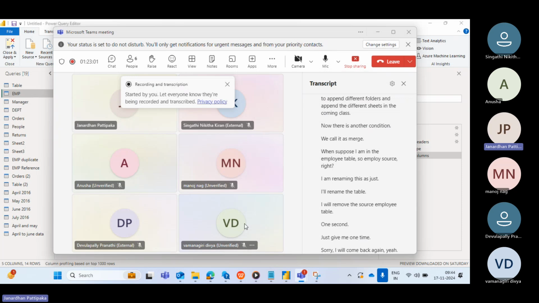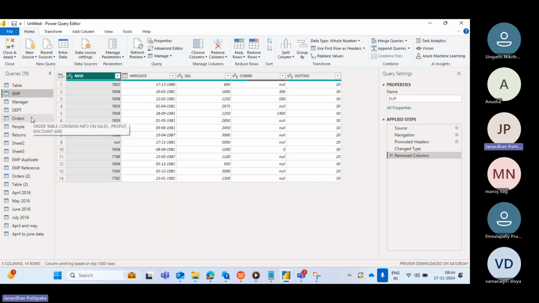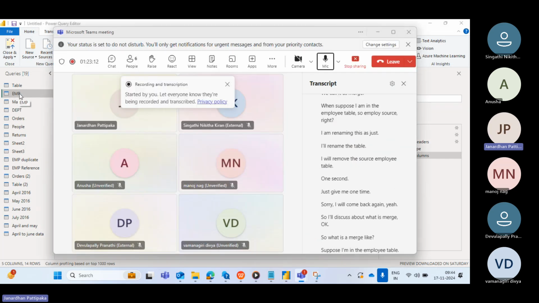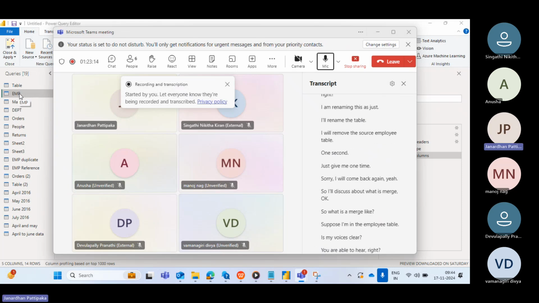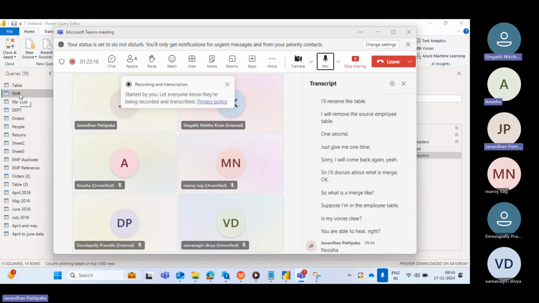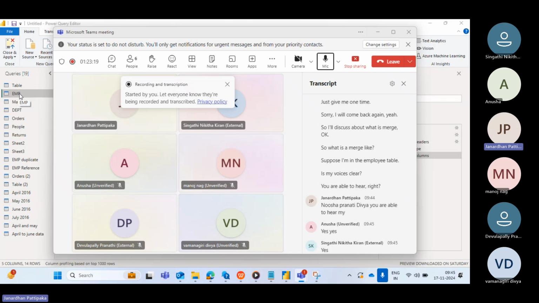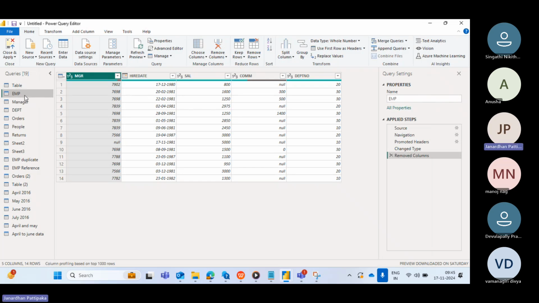Let us discuss what is merge. Okay. So what is a merge? Suppose I am in the employee table. Is my voice clear? You are able to hear, right? Anusha, Pranati, Divya, you are able to hear my voice? Yes, it is clear. Okay, right. So suppose right now we are in the employee table